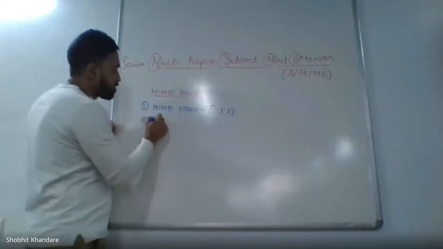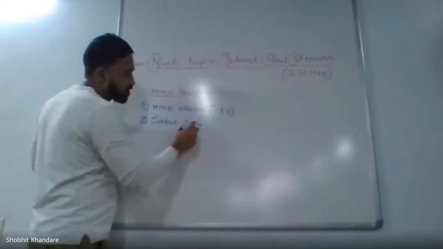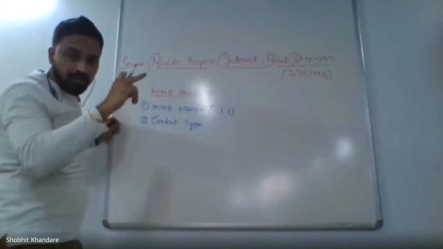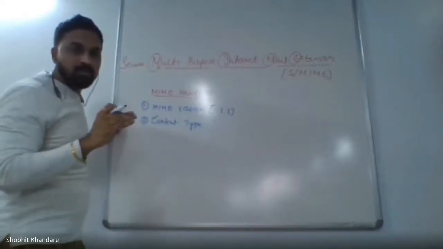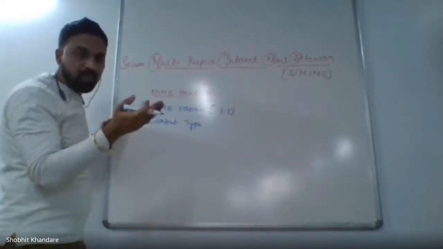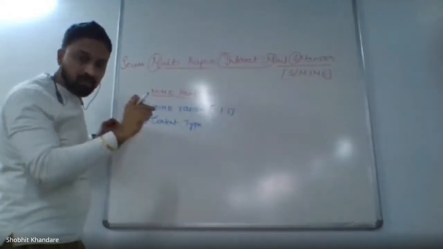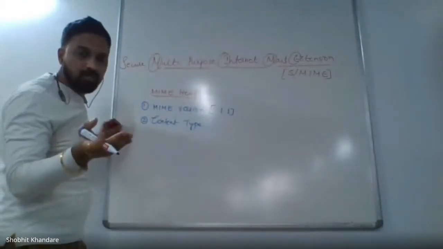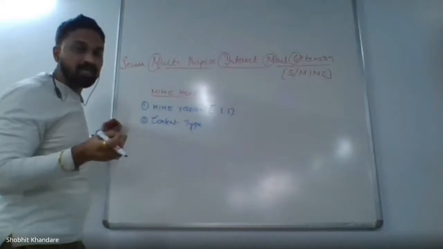Content type. Now these are the headers. Header means the heading. Your email will have this header. What does header mean? If I want to send a mail, you will be writing who it is to be sent to. Second, you will be writing down the subject. If you have some attachment, you will be attaching that file. So these are called the header.